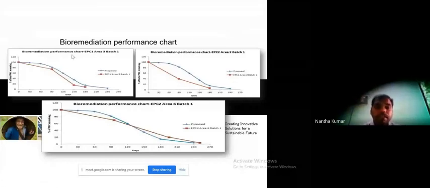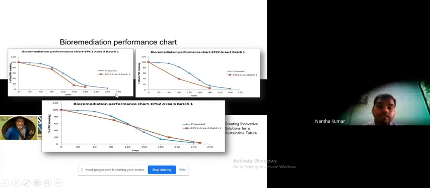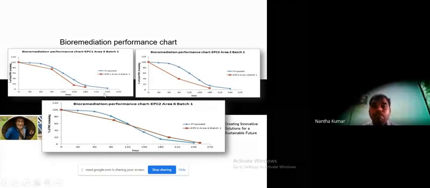Then we made a performance chart: what is the expected performance of that particular site, and what is the actual performance? Depending on the contamination level, the days will vary. Initially we planned to do the remediation up to 240 days, but based on the initial concentration, this bioremediation batch completed within 180 days.